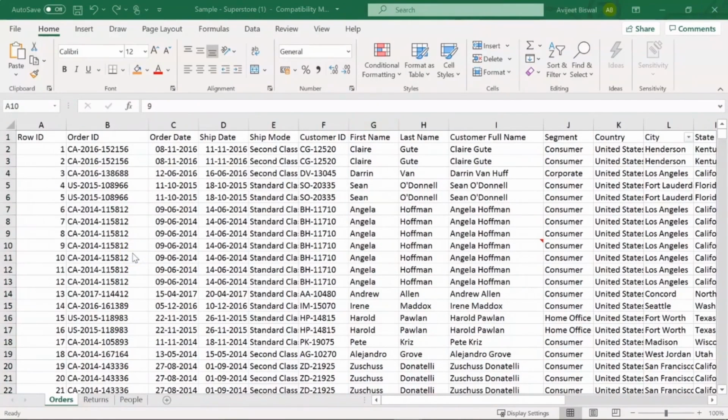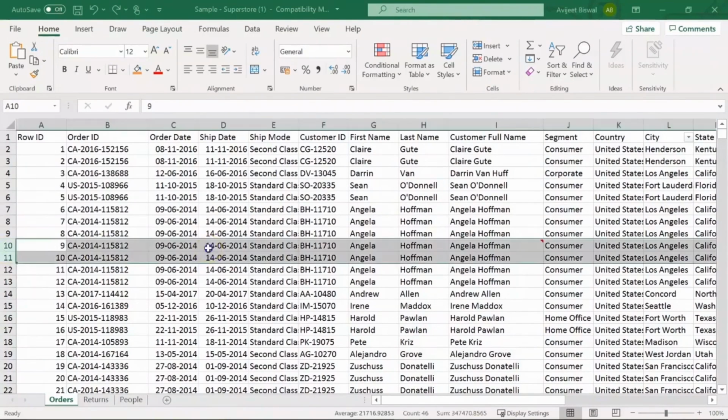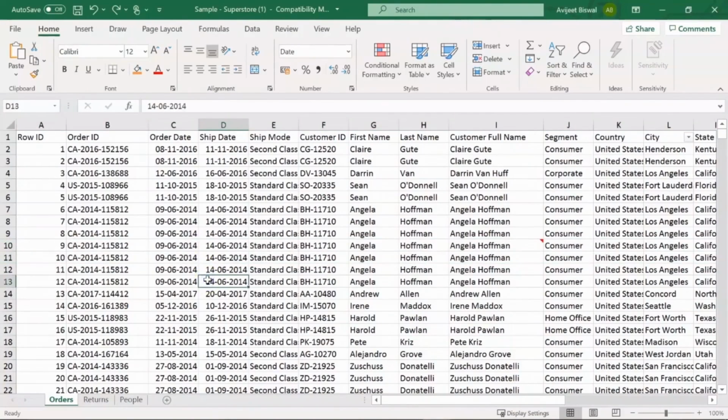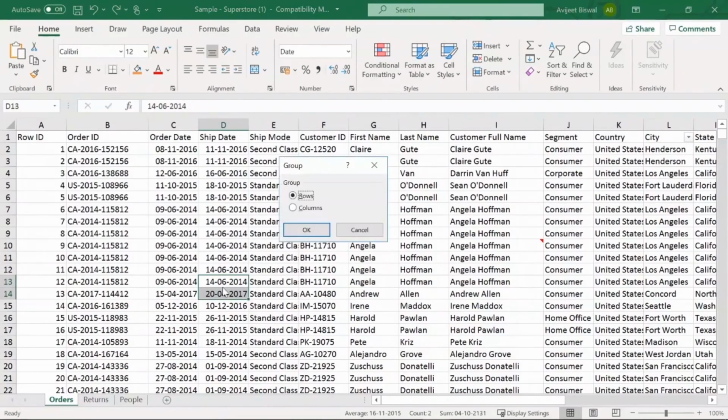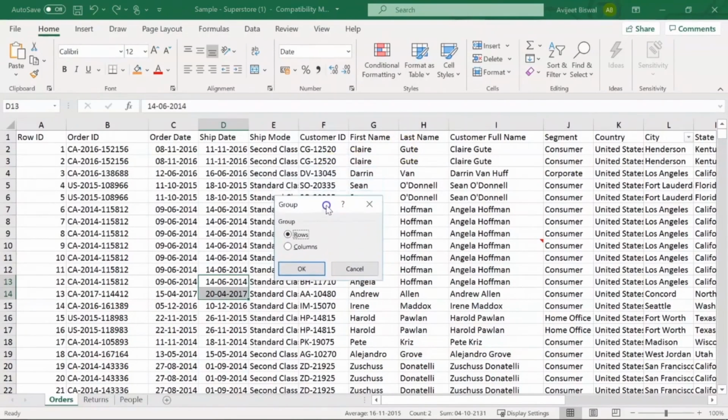Now if you want to group rows or columns, the shortcut key for it is Alt Shift right arrow. Now suppose I have selected these two cells and I want to group these cells, so I can hit Alt Shift right arrow. So you can see the group box has appeared and I have selected rows.